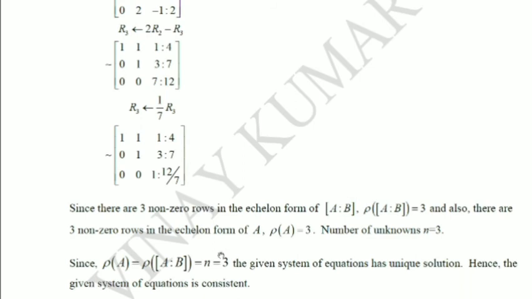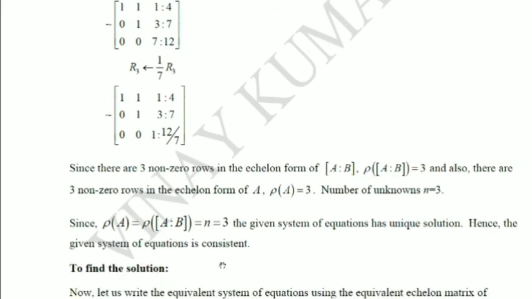Now here, the rank of the augmented matrix, because there are three non-zero rows, therefore rank of the augmented matrix is 3, and within this colon, this gives a rank of the matrix A. 3 non-zero rows are there for A also, therefore these two are equal, hence the system is consistent and it has a solution. But this is same as number of unknowns, therefore the given system has unique solution.